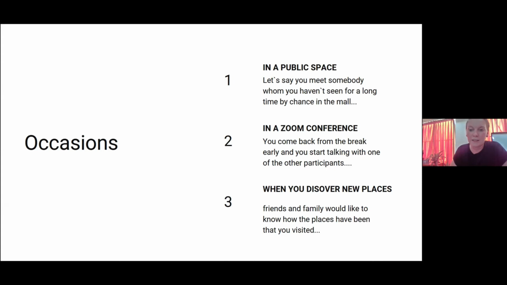Or then during the last year, I spent ages in Zoom. And okay, most of the time there's a moderator who lectures, but it happens from time to time that when I came back from the breakout session or from the break, there were only 2 people online in the Zoom. So, not to be awkward, you start chatting with them, and depending on how well you know each other, you can also use the elevator pitch in such a situation.